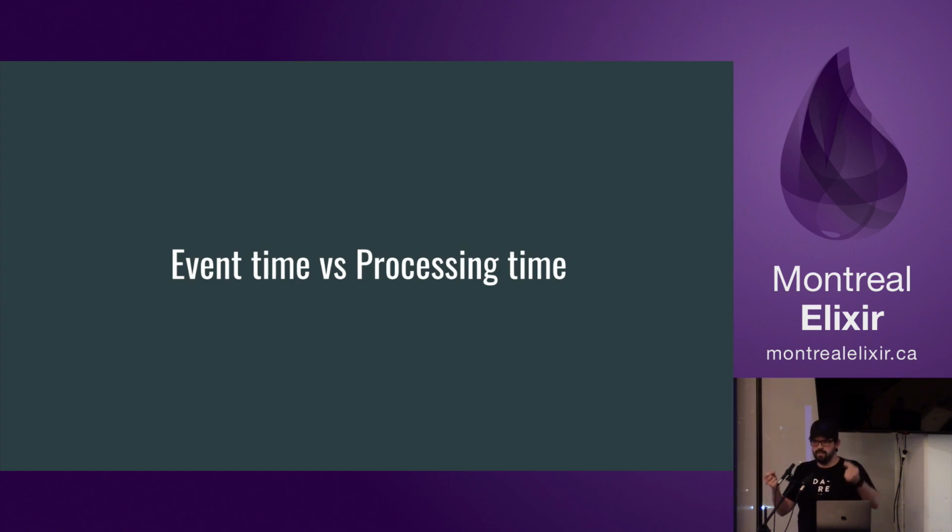The event time is when the event actually happened, and it's this property that the fixed window is going to use. So if you want a window based on the event time, it's going to be the fixed one. If you want a window based on the processing time, meaning when the event arrived at your flow, then you're going to use the periodic window. That's the main difference between both: the timing of when the event happened or when the event arrived at your server.